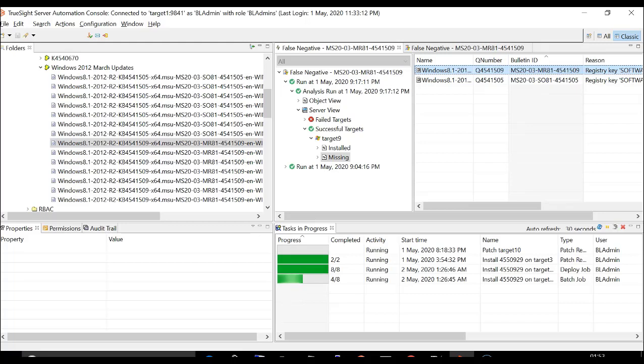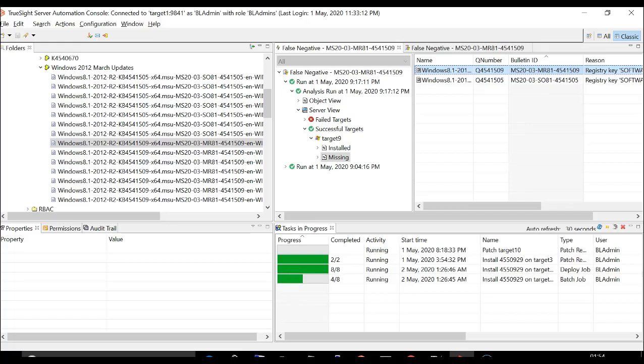In case you have all the prerequisites met, you should make sure whether the patch is superseded or not. If the patch is superseded, just see if the latest patch is being reported as missing or not, like we saw here.